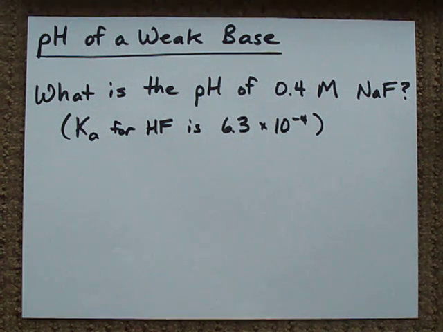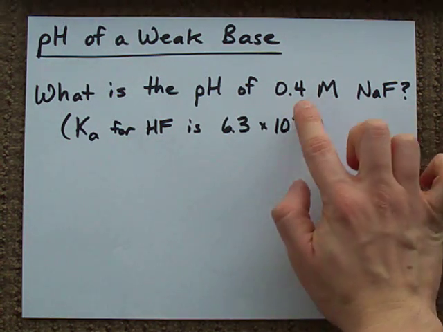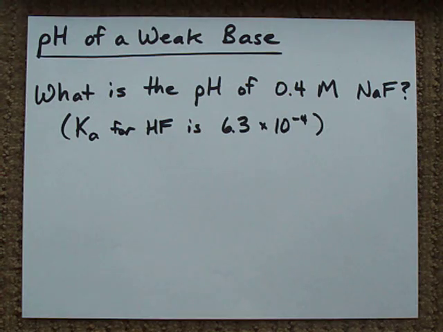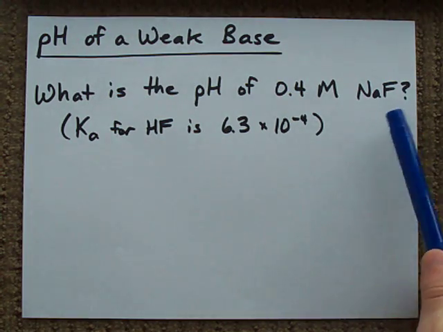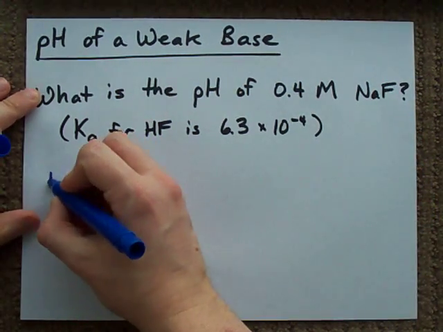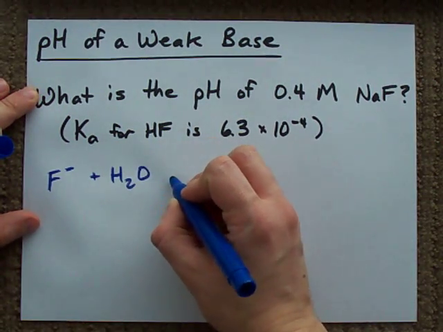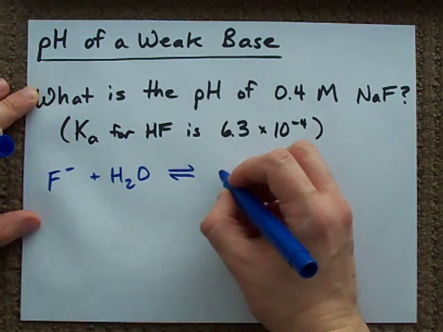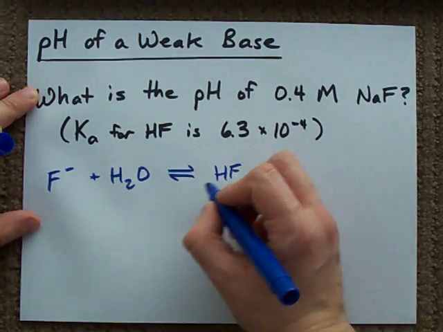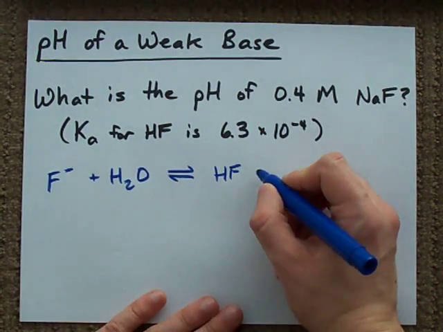The pH of a weak base. In this case, we're going to dissolve sodium fluoride in solution, 0.4 moles per liter of it. The deal here is that fluoride, F-, is actually a weak base. When you put it in water, some of the fluoride will steal protons from water, create its conjugate acid, and